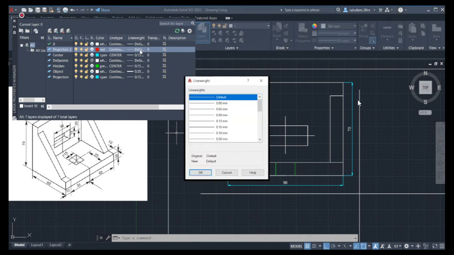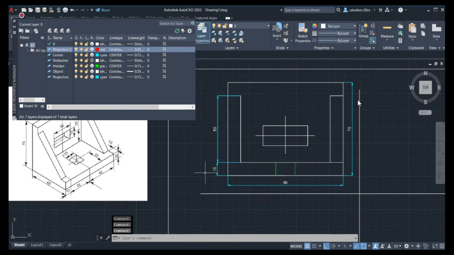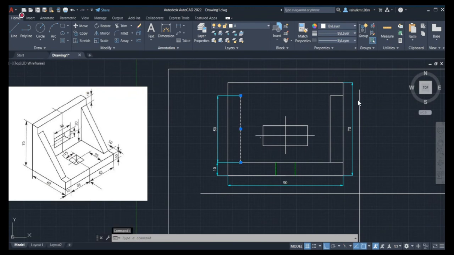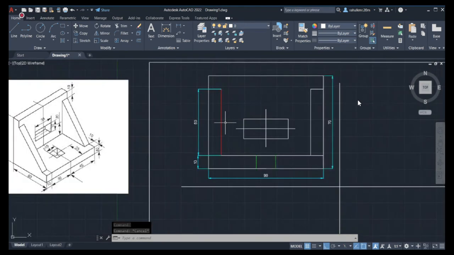So here you can change it to 0.05 mm. Okay. Now you have defined it. Now let's see what happens. If I choose a line here and go to the layer and select it to be projection line 2, now you see what happens. What happened? It became a projection line, red in color. Now, if you are not able